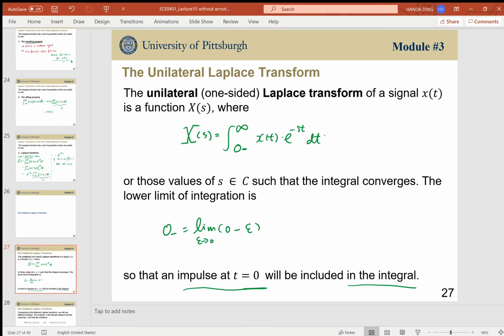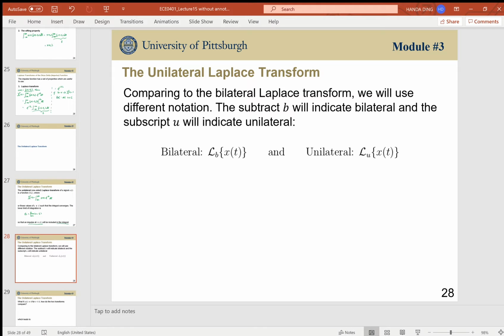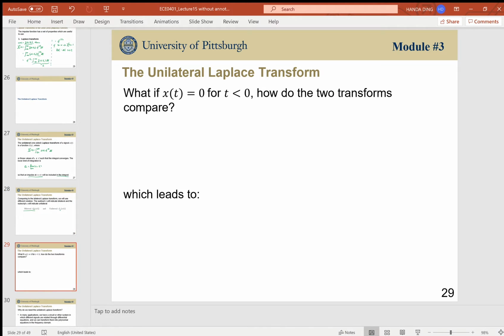So how do you compare these two different Laplace transforms, the unilateral and the bilateral? That's the question you might ask, right? Well, bilateral is described with the small letter b here, and this guy represents the unilateral. Let's jump to the next page. So if x(t) is 0 for t less than 0, so how do we compare? It's actually pretty simple. Our bilateral Laplace transform becomes